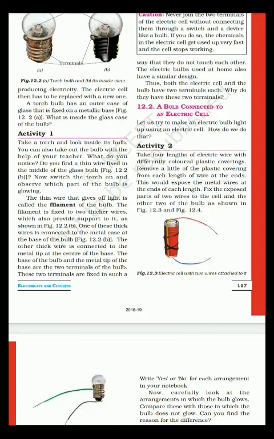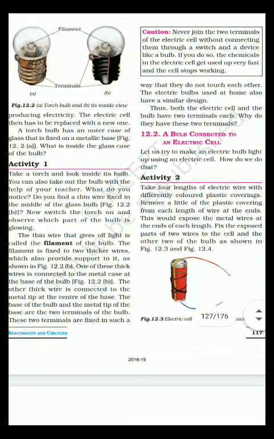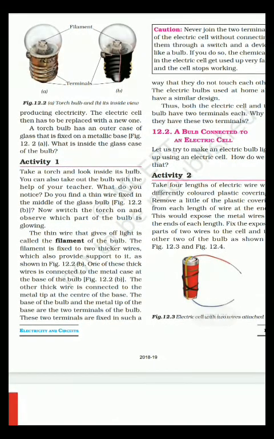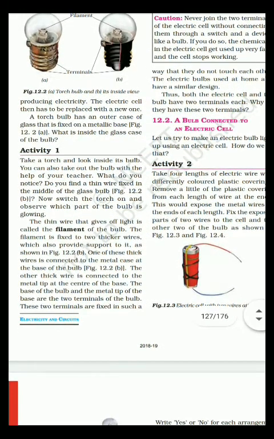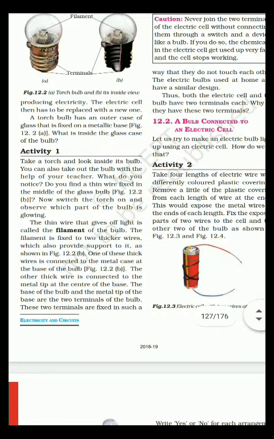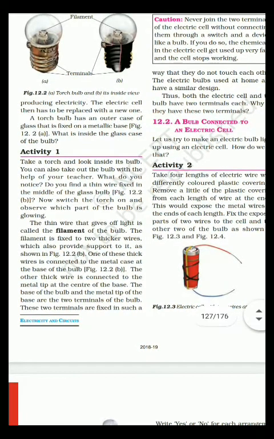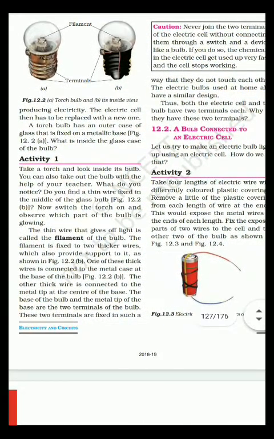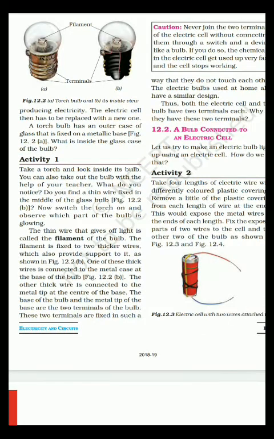The filament is fixed to two thicker wires which also provide support to it, as shown in figure 12.b. One of these thick wires is connected to the metal case at the base of the bulb. The other thick wire is connected to the metal tip at the center of the base. You can see the connections